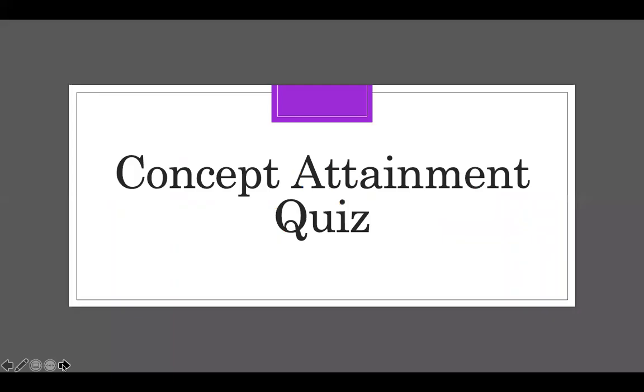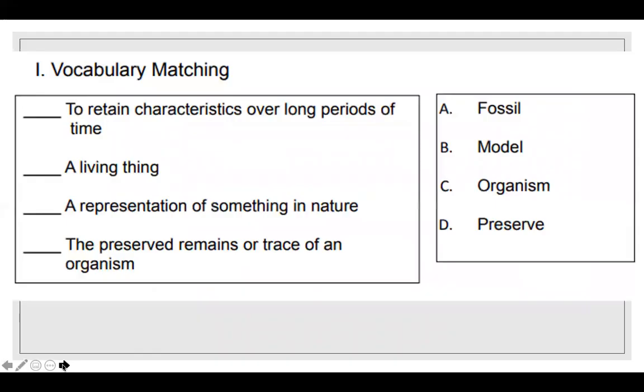All right, so our last quiz is the concept attendant quiz. And this one had matching vocabulary. So the first definition says to retain characteristics over long periods of time. Which one do you think it would be? Fossil, model, organism, or preserve? It would probably be preserve because preserve means that